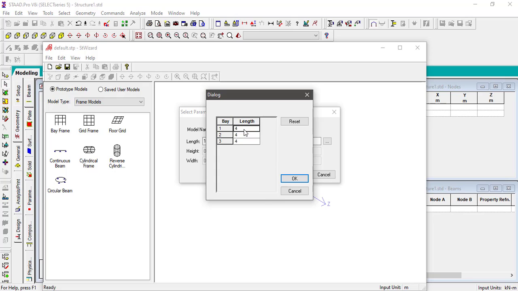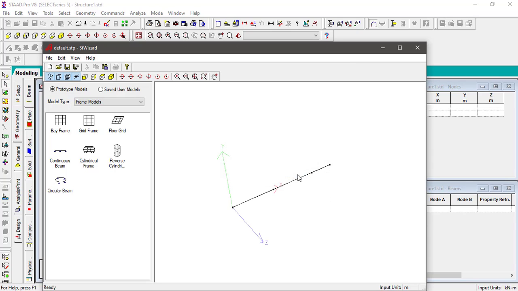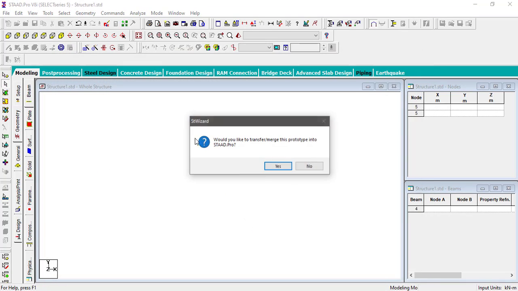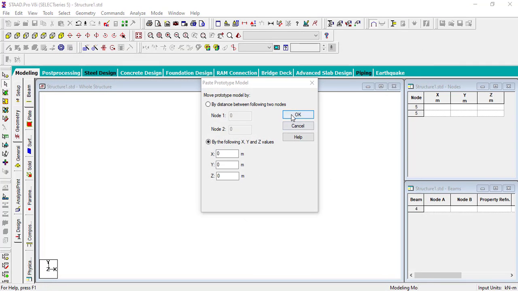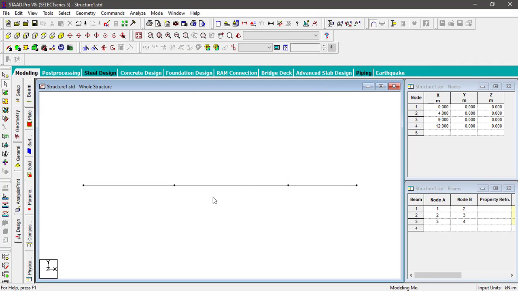First span is 4 meters, second span is 5 meters, third span is 3 meters. I can type all the spans here. OK, apply. You will get this, and here transfer model to STAAD. OK, now this model is created. You can follow either method to create a beam. This is the first step, completing the model.